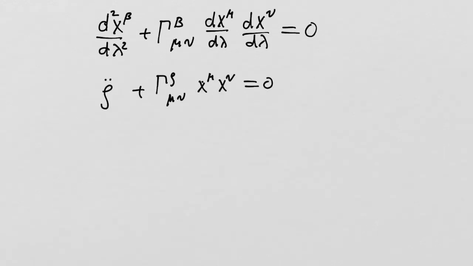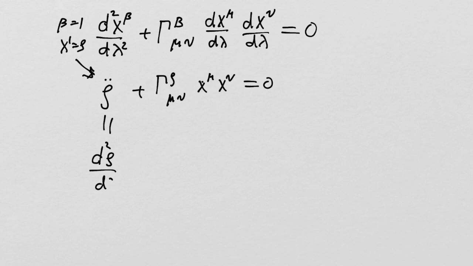And here we have it for the rho equation. Here I've expressed the general geodesic equation. Now I'm going to take beta and set beta equal to 1. So if beta equals 1, then x1 equals rho. Then we get this. I'm switching up the notation a little bit, where this is d rho squared over d lambda squared, so that's the second derivative with respect to lambda, and these are first derivatives with respect to lambda,